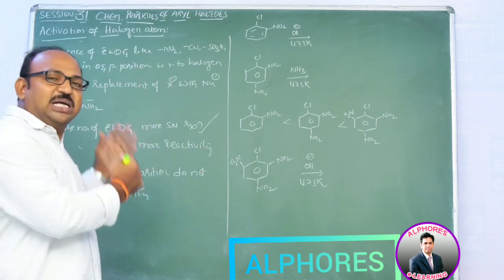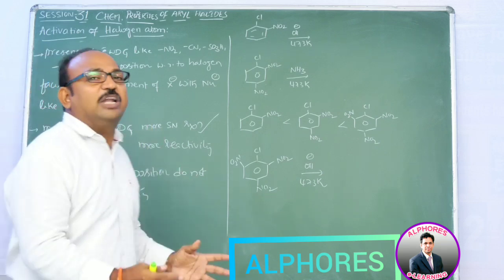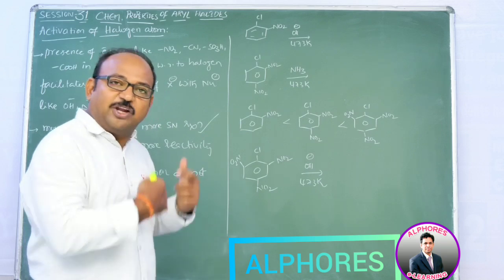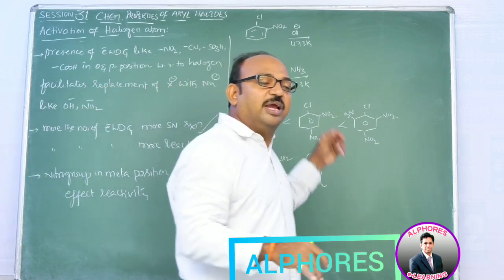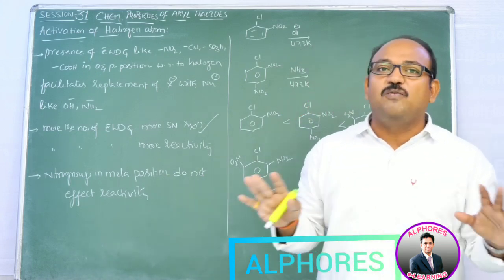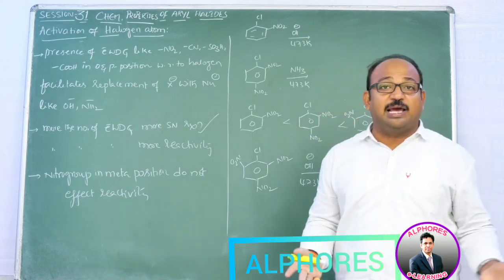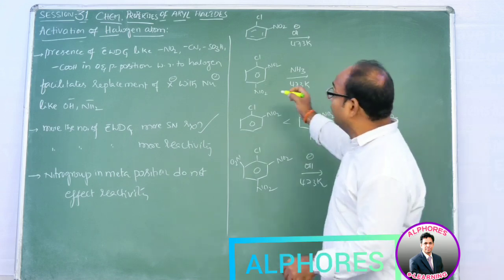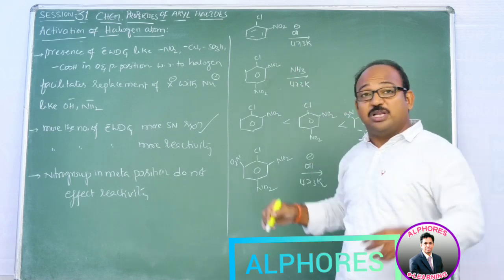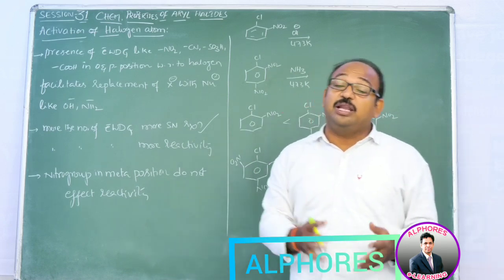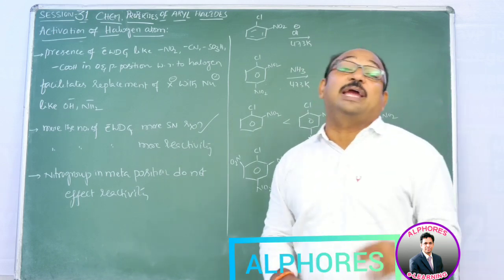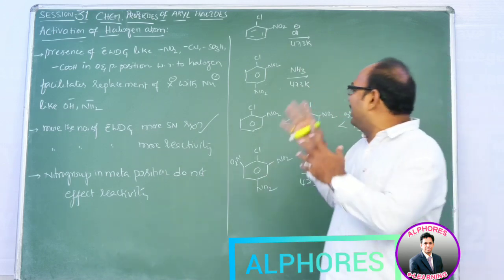That's why the presence of a nitro group in the meta position is no use. That is because the minus I effect, the inductive effect, depends upon distance. So with increasing distance, the inductive effect nullifies. That's why the NO2 group in the meta position does not influence the reactivity of aryl halides. But in the para position, the distance is even larger compared to the meta position. When the NO2 group is in the para position, you said that it will influence. Yes, obviously. So when the para nitro group can influence, why not the meta nitro group?